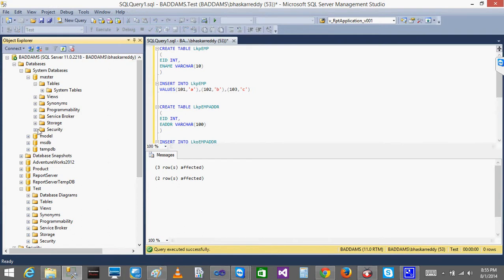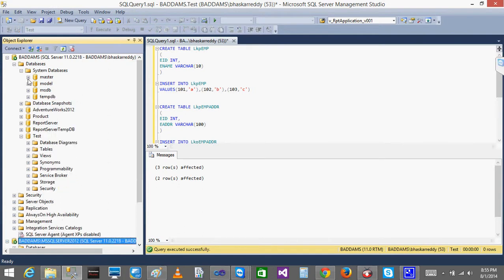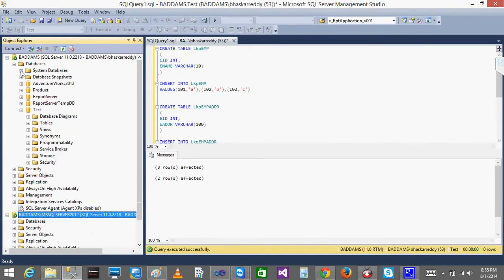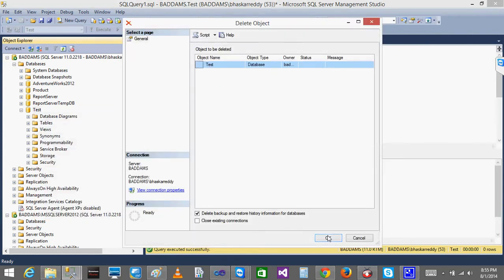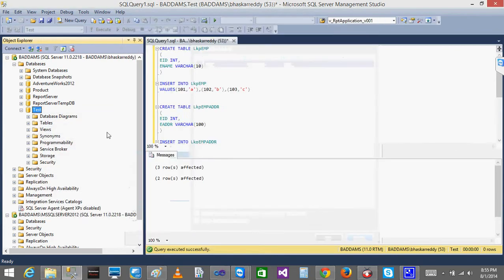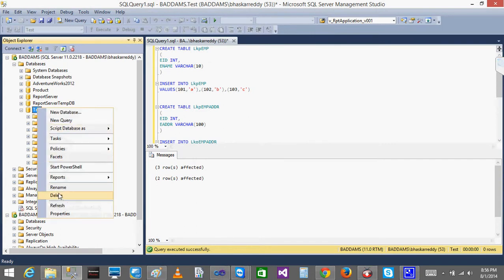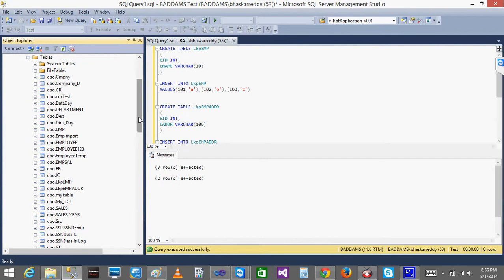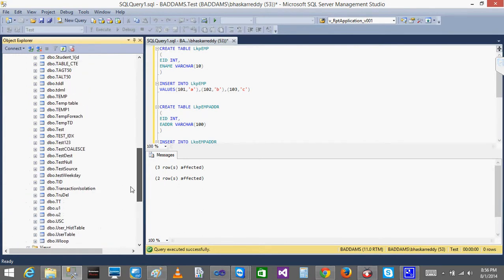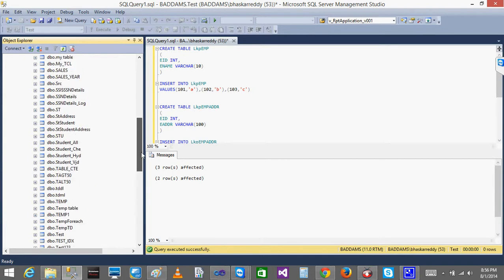In the databases, in the test tables, I need to delete the table named LKP EMP address.